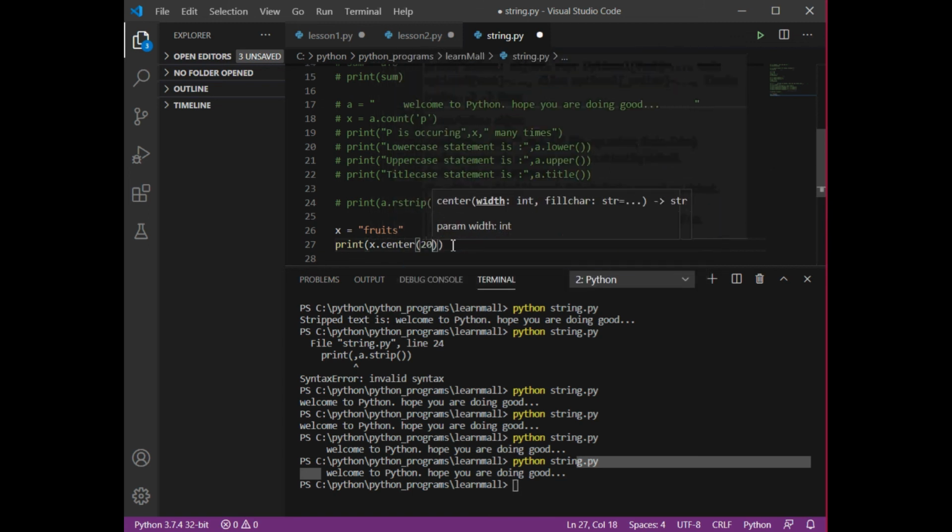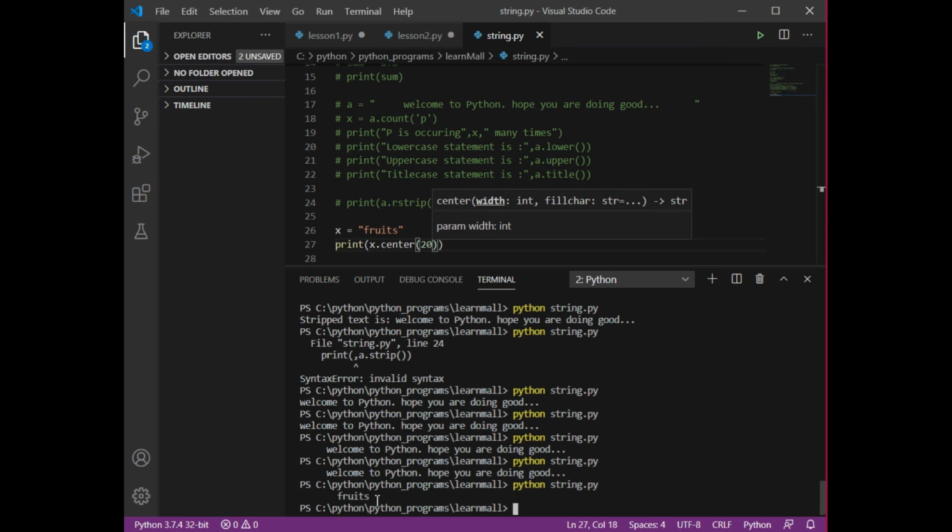Now fruits would be in the center when I have 20 characters in my line. So it would exist in the center of that. When I run my code, now you can observe that fruits has some spaces before it. Although I have not given those spaces, it is taking those spaces with the help of center function.